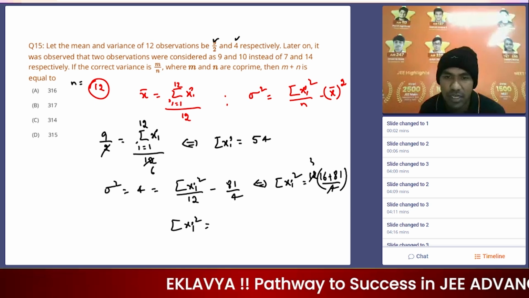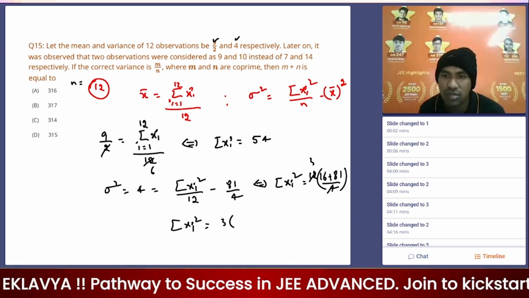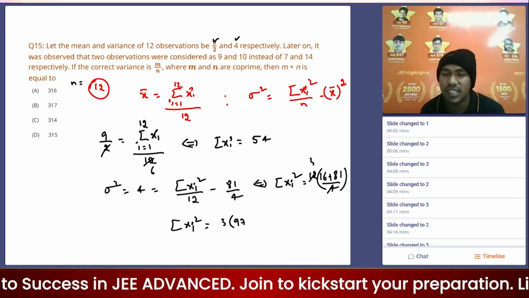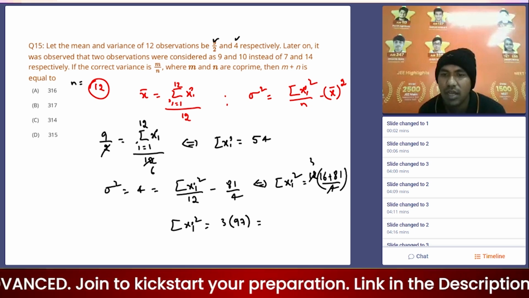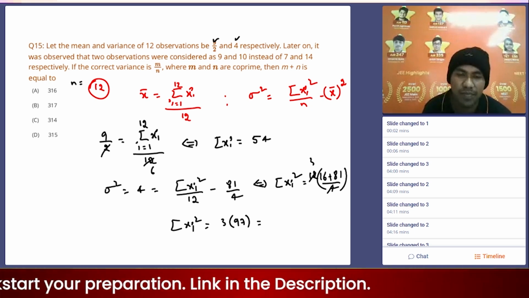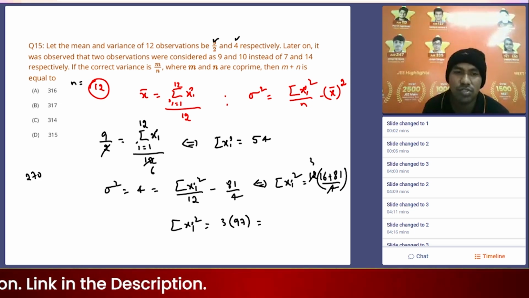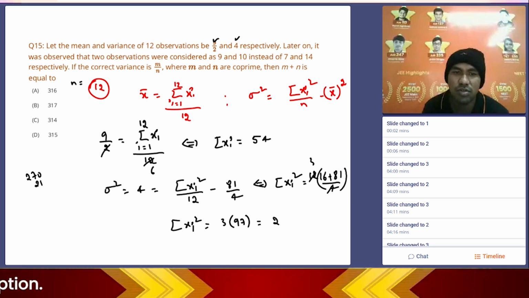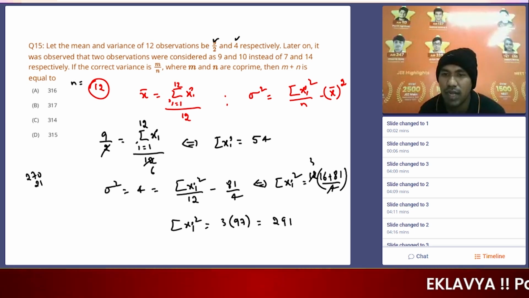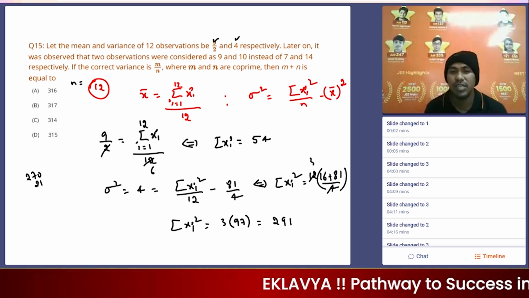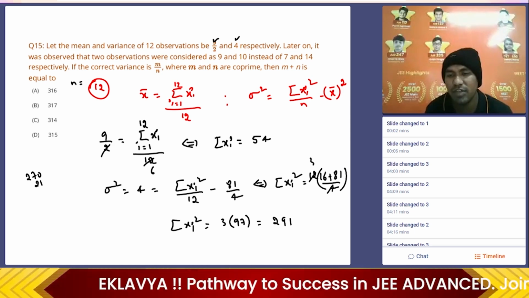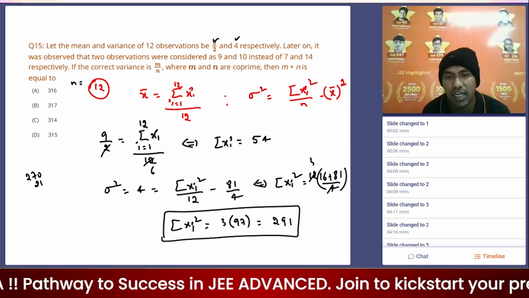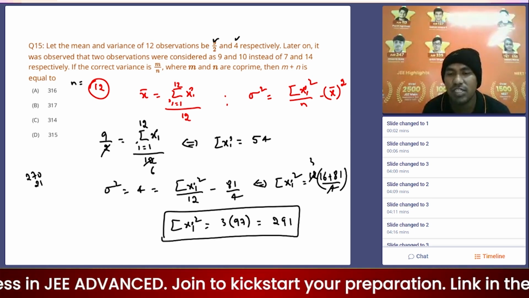Then 6 summation xi square is equal to 3 times 81 plus 16, which will be 97. And if you see 97 into 3, 3 nines are 270 and 3 sevens are 21, that will become 291. So summation of xi square, that means the individual squared values, is equal to 291, and the summation of the individual values is equal to